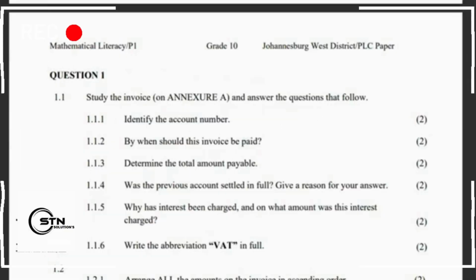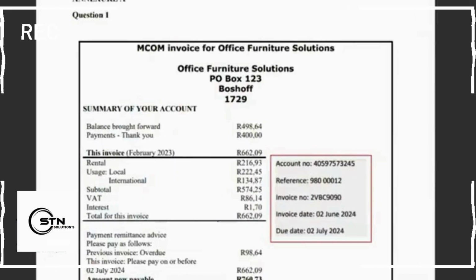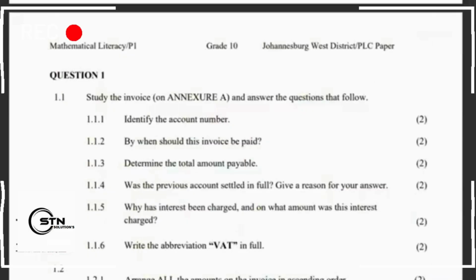Identify the account number. This is annexure A, and this is how it looks. So the account number here, it was so straightforward. Shall we come and look at the account number. So we write this number down. So we shall come to this other side, and the number that we saw outside,